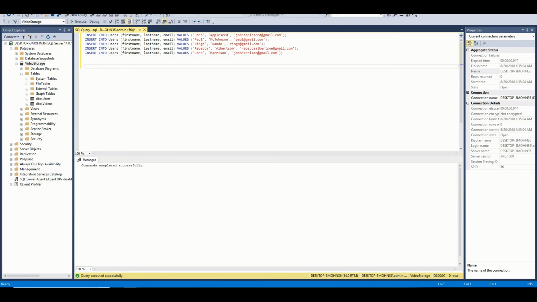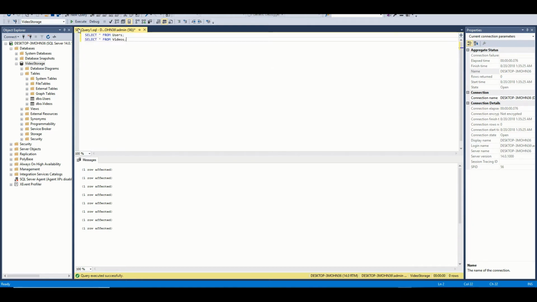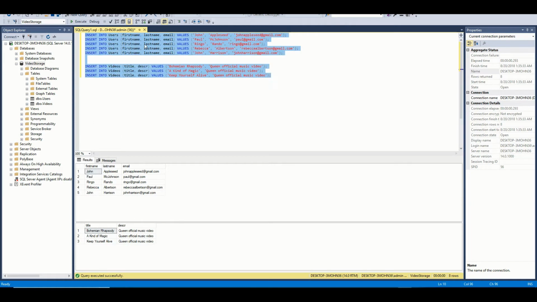So let's add some users and some videos. And then let's check to make sure that we've added what we wanted to add. So I'm realizing I should probably explain this a bit more. So when I run these insert queries,